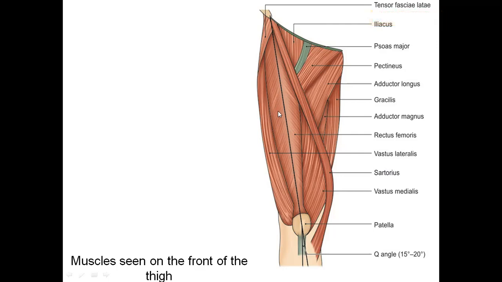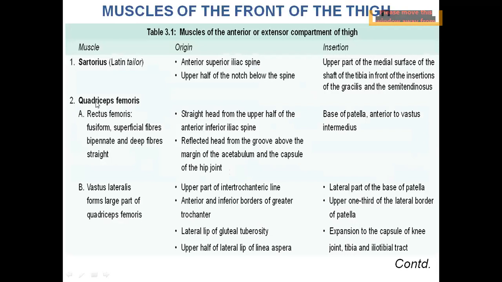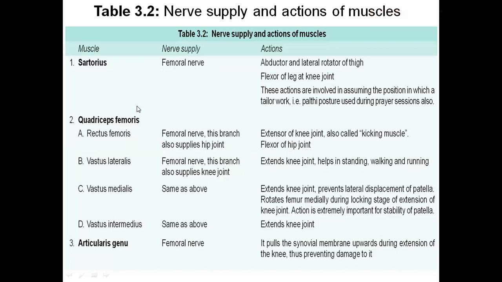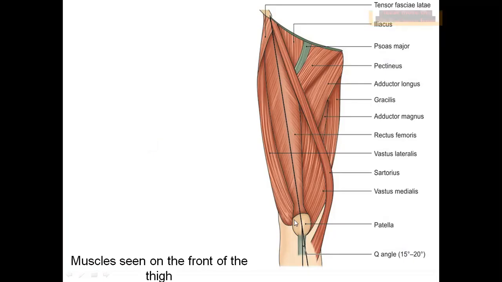Then you have this, rectus femoris, this is vastus medialis, this is vastus lateralis. If you just cut this rectus femoris and lift it, below rectus femoris we will see vastus intermedius. So these four muscles together, vastus medialis, rectus femoris, vastus intermedius, and vastus lateralis, you call them quadriceps femoris. Quadri means four, ceps means it has four heads, and finally they form the ligamentum patellae, which gets attached to the patella. So it comes and gets attached to the tibial tuberosity, the ligamentum patellae.